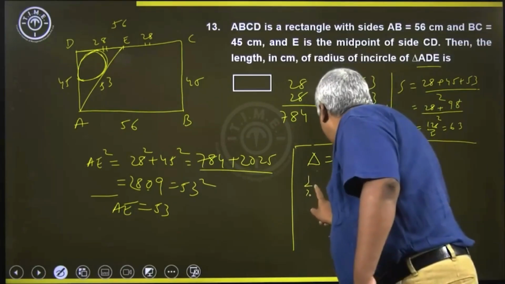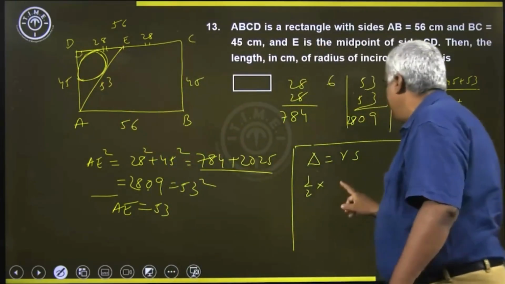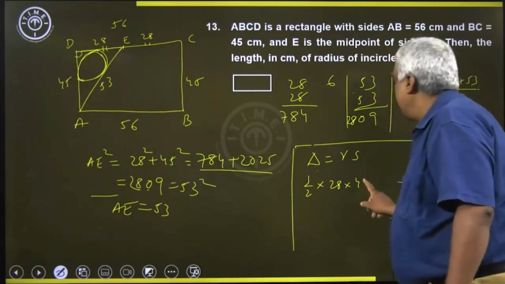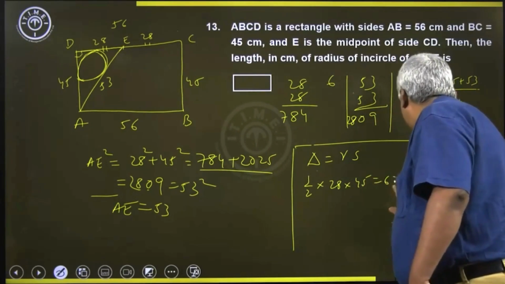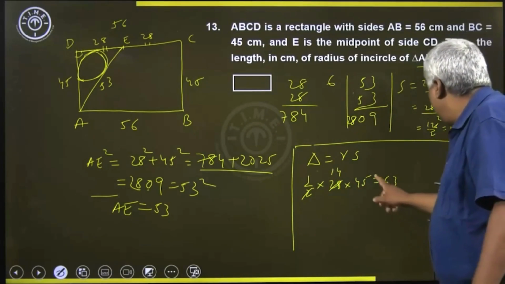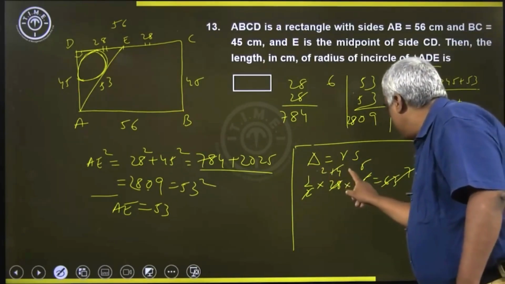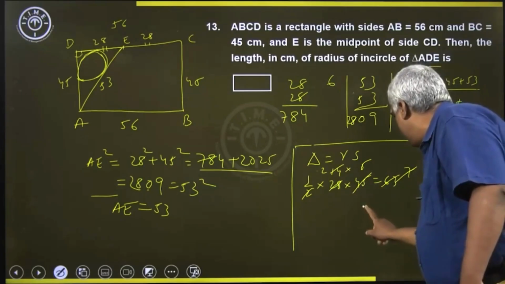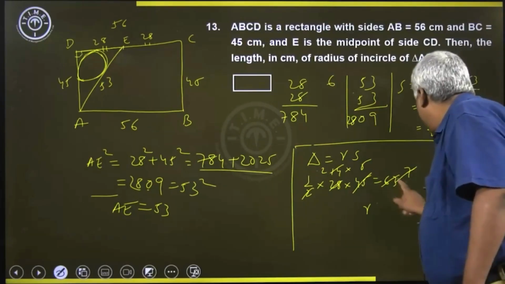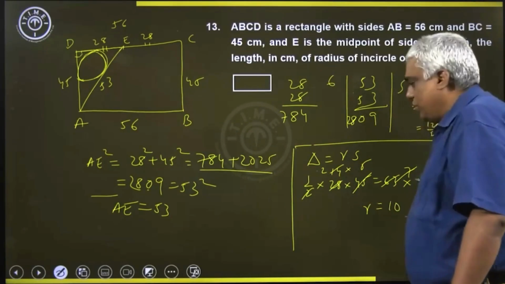Area of triangle is half into base into height, because it is a right angle triangle, 90 degree. So half into 28 into 45, right? And that is equal to r into 63, okay? So it will go 14 times. 9 5 ja, 9 7 ja, 7 2 ja, so 2 into 5. Oh, this was just r into s, I forgot to write r. So r equals to 2 into 5, so 10. So 10 is the answer.